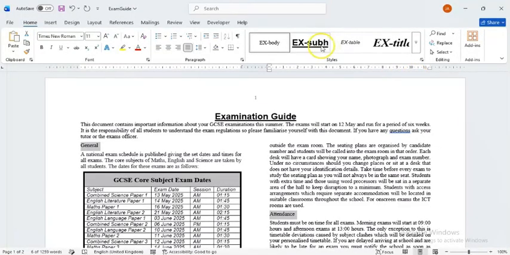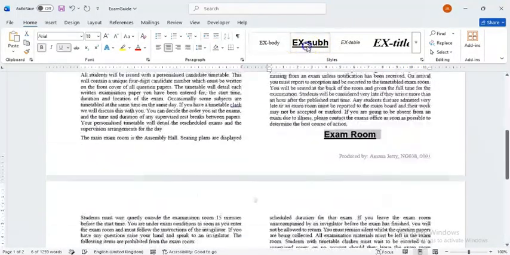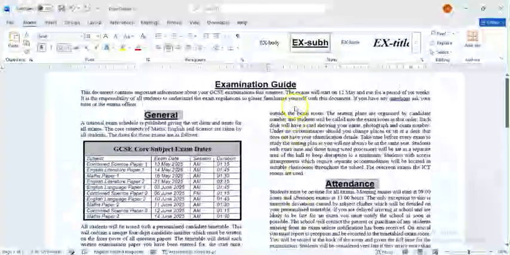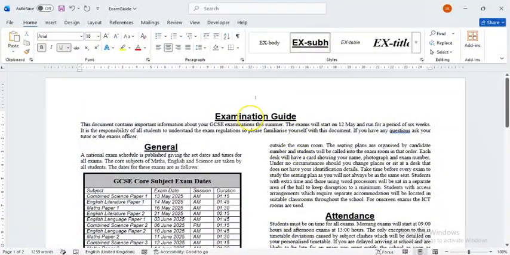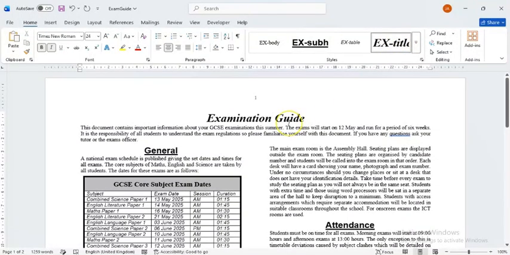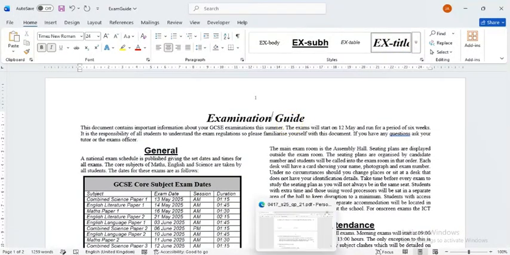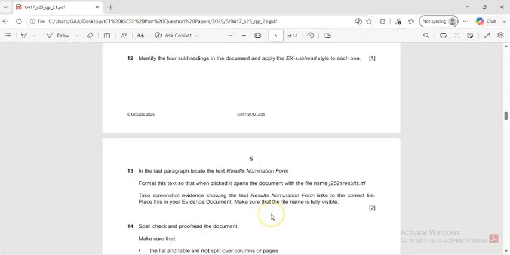So when you're done, click on subhead. Okay, looks like the subhead applied to this. So place your cursor on the title and just click EX title to take it back to the title style. Okay,